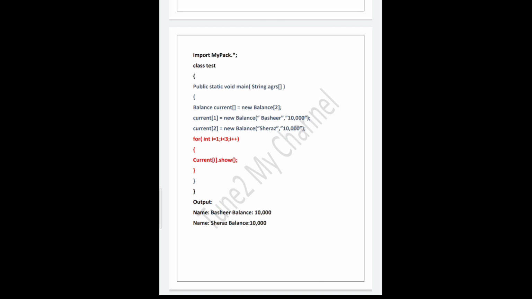Let's finish our program by the main method class and main method definition. Let's name our class test. This means that I am creating a main method class named test followed by the main method, that is public static void main, and let's create an object named current for class balance.